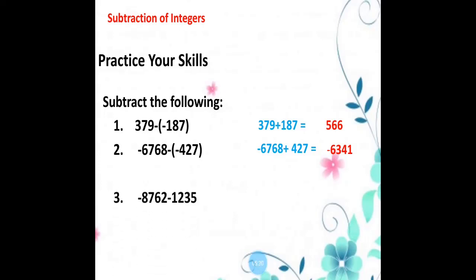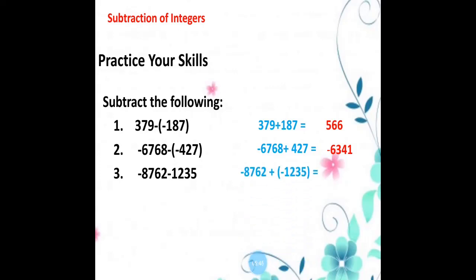For number 3, we have negative 8,762 minus 1,235. So we are going to change it into addition. So that would be negative 8,762 plus the opposite of 1,235 is negative 1,235. So the correct answer is same sign, add and keep. So that would be negative 9,997. And for